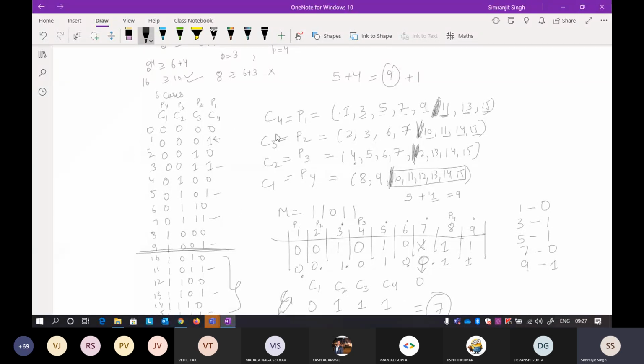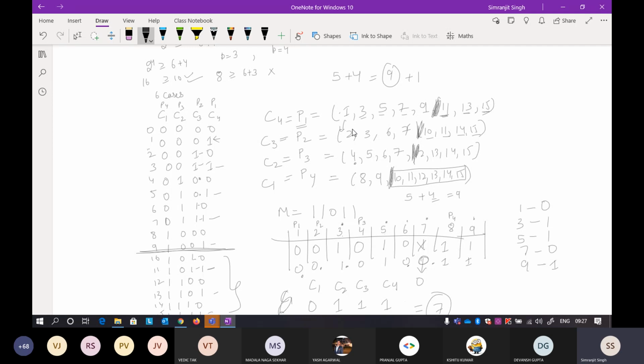You can easily find the pattern here: the parity bit 1 is set using odd bits, 1, 3, 5, 7, 9, 11, 13. For the next one, check the pattern here: 2, 3, then after leaving these two, 6, 7, again leaving two, 10, 11. So there is again a pattern. 0, 1 is left, then 2, 3, then 4, 5 is left, then 6, 7, then 8, 9 is left, then 10, 11. This is the pattern.